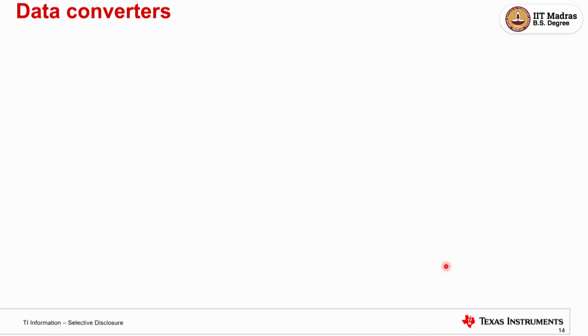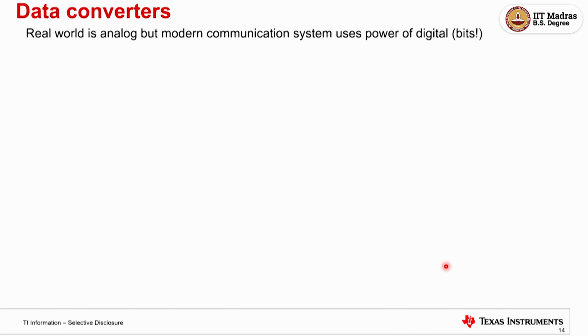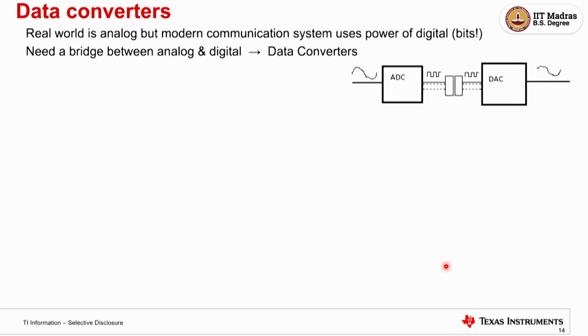Okay. So now coming to data converters. All we know, real world, all sensors are analog, like speed, voice, any sensing, everything is analog. But finally, the power of digital is the computer. Everything is digital. It's bits, bytes, right? How do you convert? So you need somebody to convert this analog to digital. That's where data converters come in. So basically a bridge between analog and digital. So an ADC is an analog to digital converter which converts analog information into bits. A DAC or a digital to analog converter does the opposite. It takes the bits and converts to